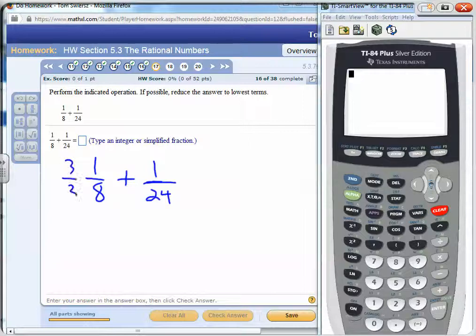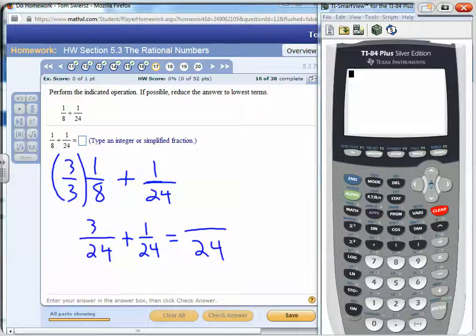So I can simply multiply the numerator and denominator both by 3 for the 1/8. If I do that, I get 3 times 1 is 3 in the numerator, 3 times 8 is 24. Copy down the second fraction. Now I have my common denominator, 24, so that's my answer for the denominator, and simply add 3 plus 1